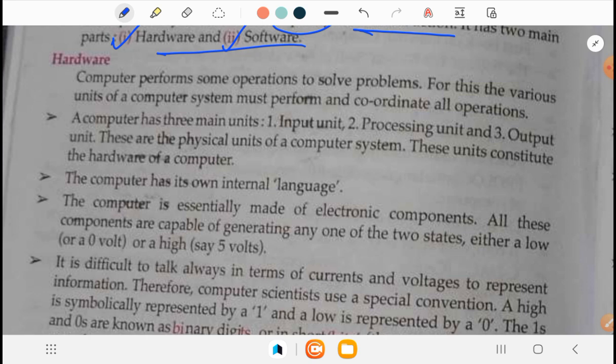লুসেন্টের কম্পিউটার সিরিজের আজকের তৃতীয় ভিডিও। তো এখানে আমরা হার্ডওয়্যার নিয়ে ডিসকাস করব। চলুন শুরু করা যাক। Computer perform some